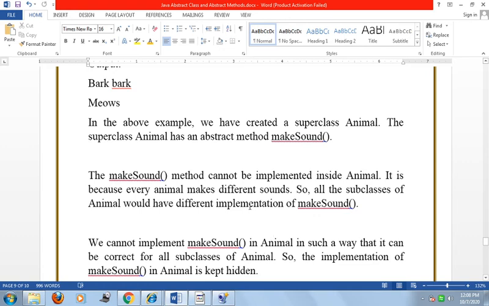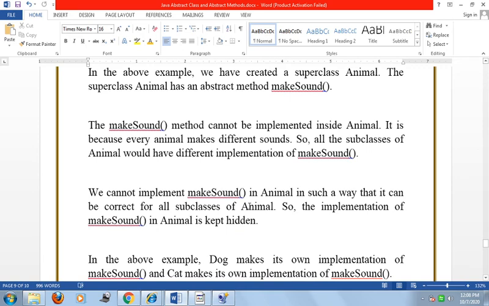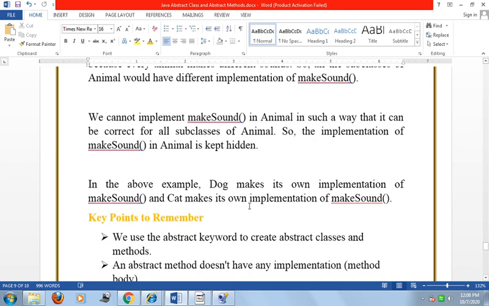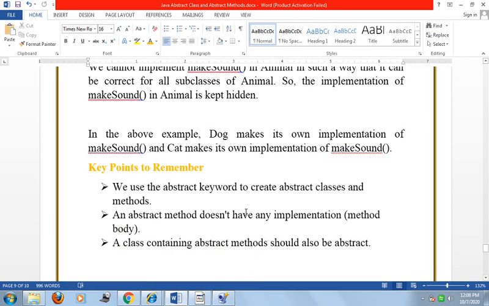The implementation of makeSound in Animal is kept hidden. This is the concept of abstraction. In the above example, Dog makes its own implementation of makeSound and Cat makes its own implementation of makeSound.